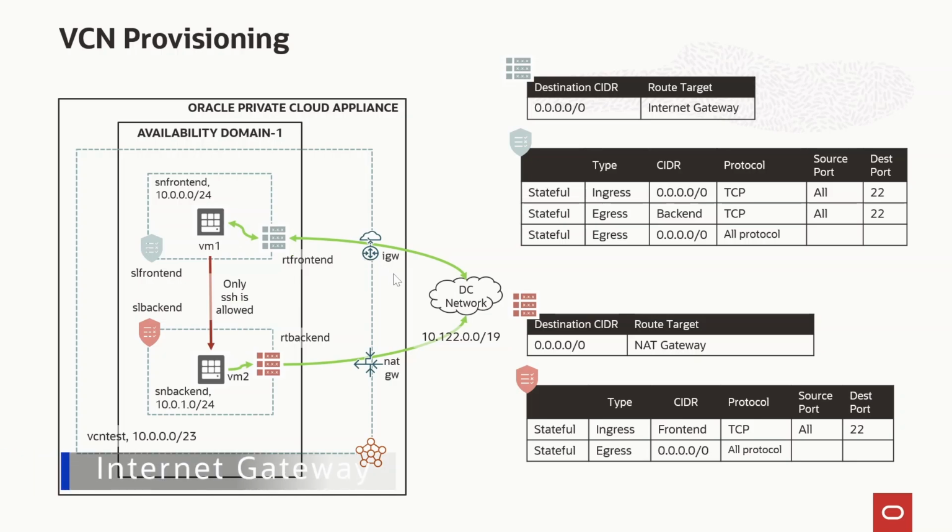In PCA, the Internet Gateway functions differently compared to the public cloud environment. Within PCA, the Internet Gateway connects this VCN to your data center network rather than directly connecting to the public Internet. A public subnet is a segment of network that allows resources within it to communicate directly with the data center network. This setup is essential for hosting web servers and other services that need to be accessed from the